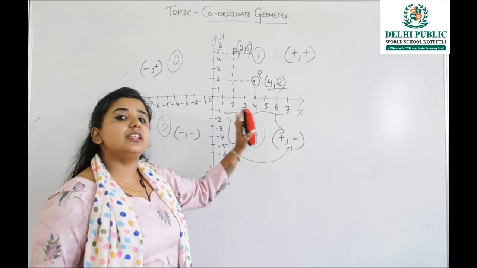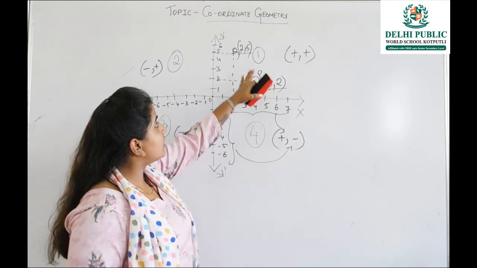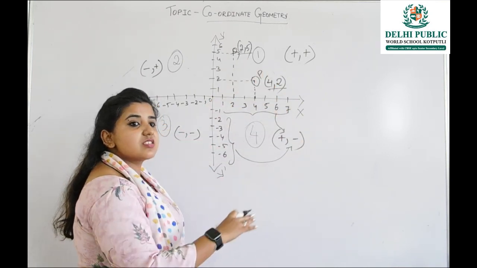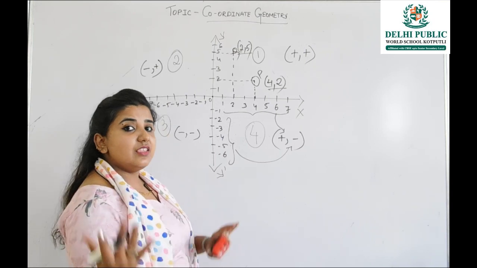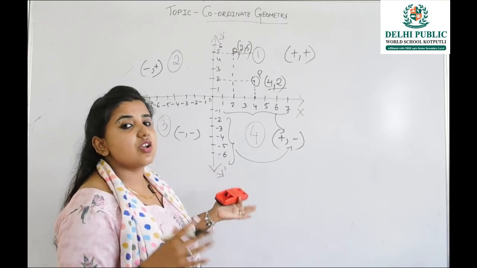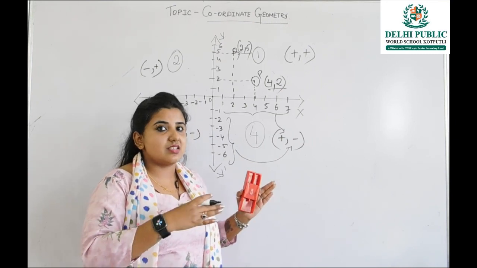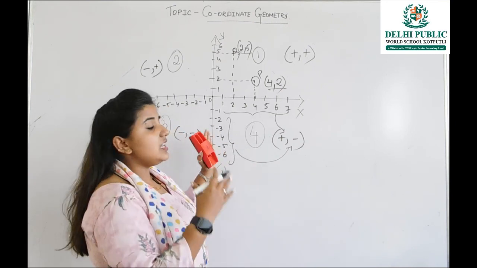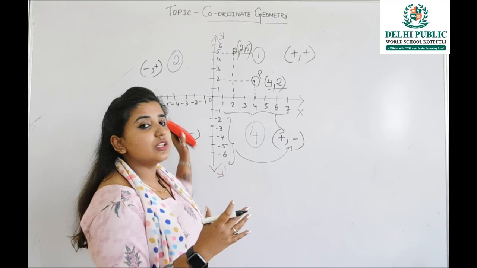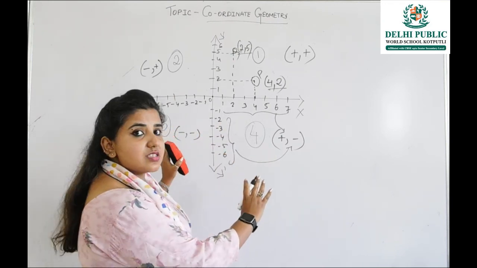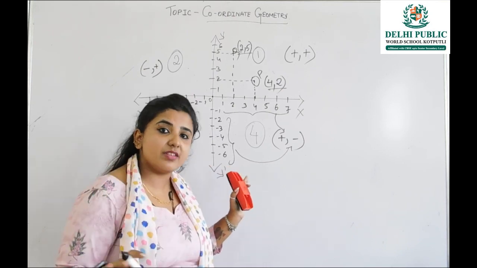The other important thing over here is the names of the axis coordinates. The x-axis coordinate is called the abscissa and the y-axis coordinate is called the ordinate. X-axis is abscissa and y-axis is ordinate. These are the two components for the complete coordinate geometry. Depending upon these things, the complete chapter would be resolved.